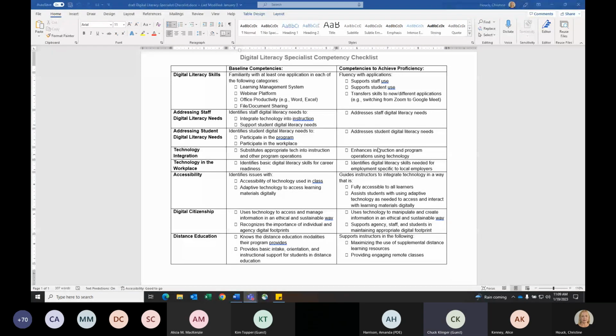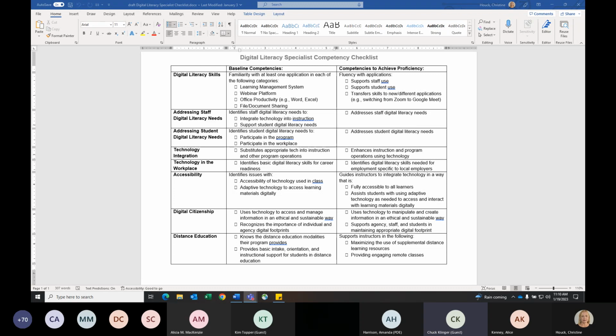The other thing that I just wanted to mention briefly are some of the things that we're doing. We are having monthly meetings with the digital literacy specialists. We've been using this competency checklist to look at different areas for each meeting. So I believe the meeting in February is going to be the one on technology in the workplace. We also did a survey, and thanks to those of you that disseminated the survey to your digital literacy specialists, we had a really good response, and we did share the results.